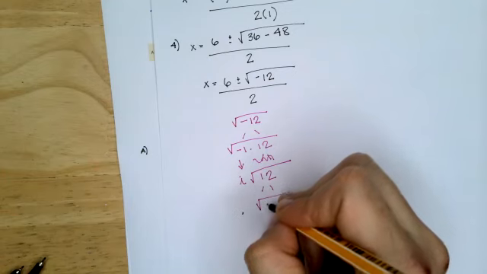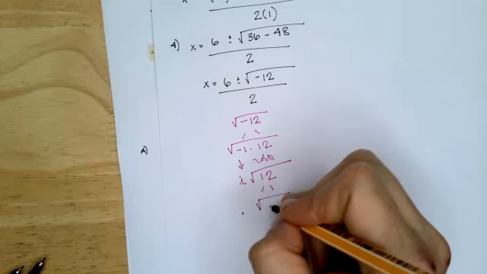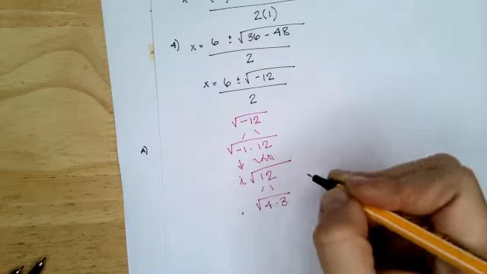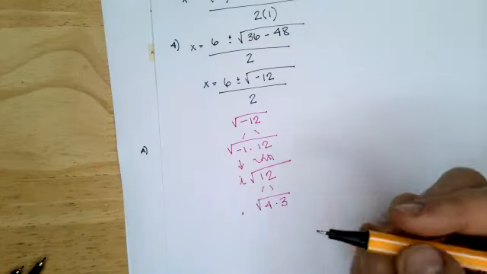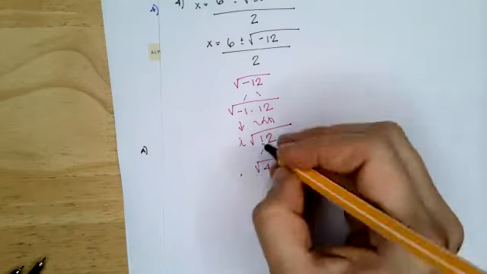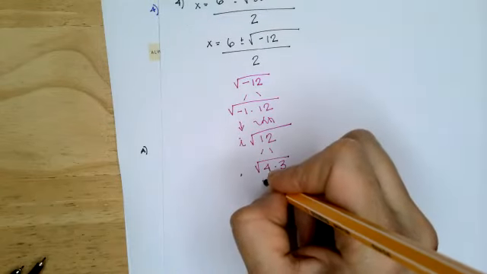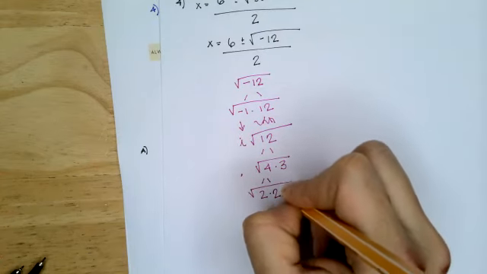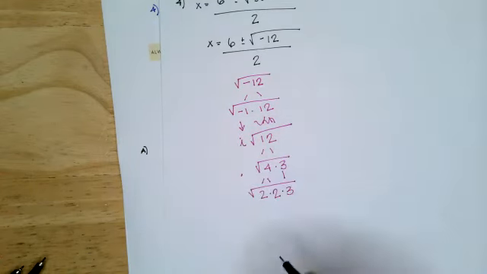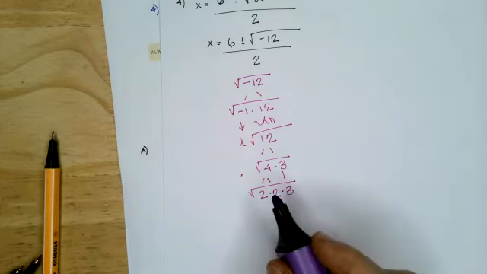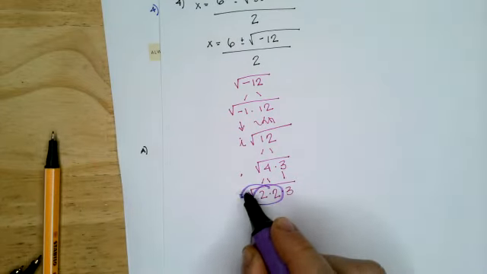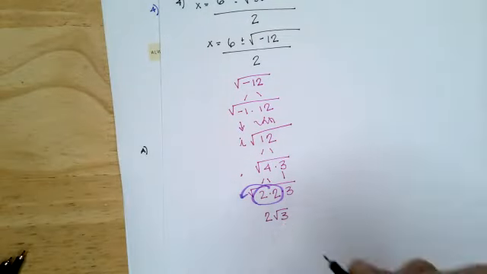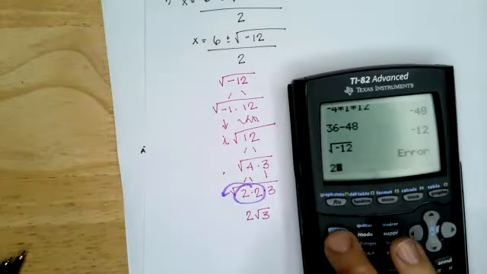12 becomes whatever you want, right? You could say two of the factors of 12 are 4 and 3, right? You could say 6 and 2, or you could say 4 and 3. 4 is a perfect square, so 4 becomes 2 times 2. 3 remains 3. Those two can come out. So now that's 2 square root of 3. And you can make sure